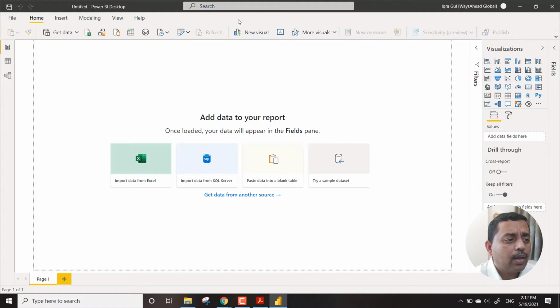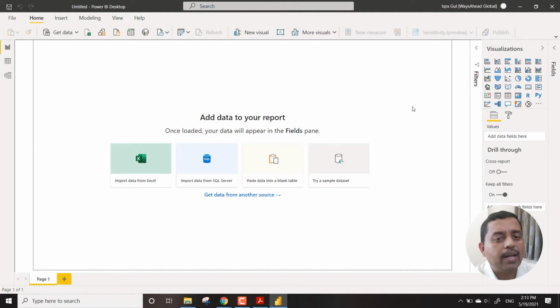Something very important: the Power BI file that you prepare, the file that you make, is of extension PBIX. So you develop a PBIX file. And on the right hand side, you see that it is logged in. If you don't see anything, you need to sign in. I'm logged in with my colleague's account for this training purpose. Otherwise it will look like sign in, and you have to sign in over there. There are reasons why we need to sign in, and what the requirement is for having the cloud service. We will look into that in a while.